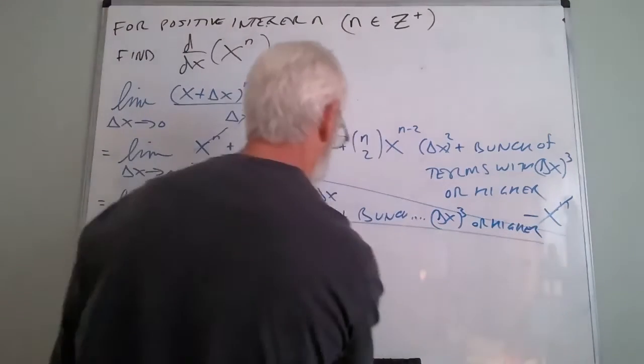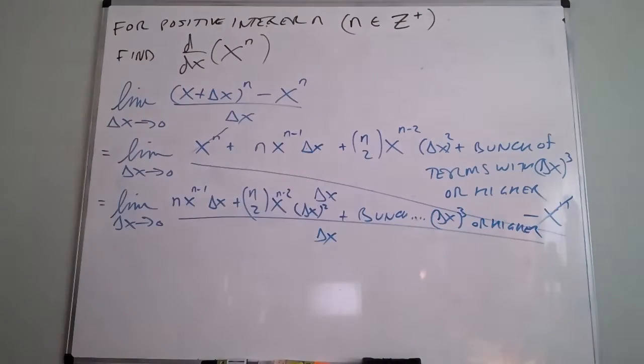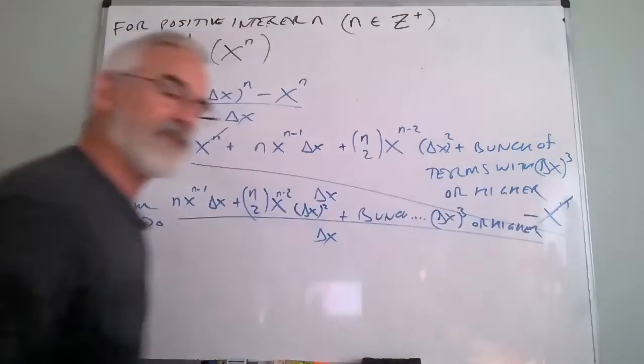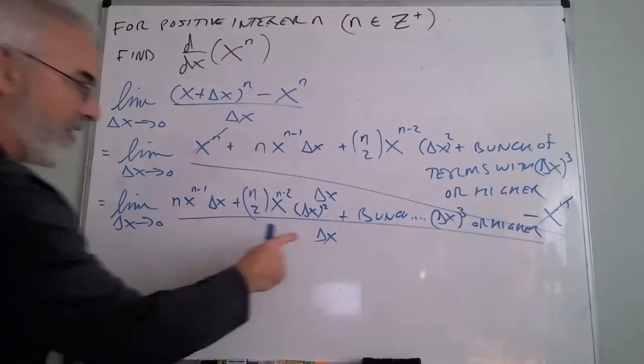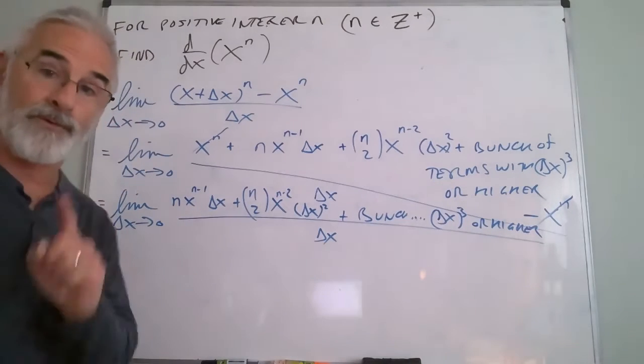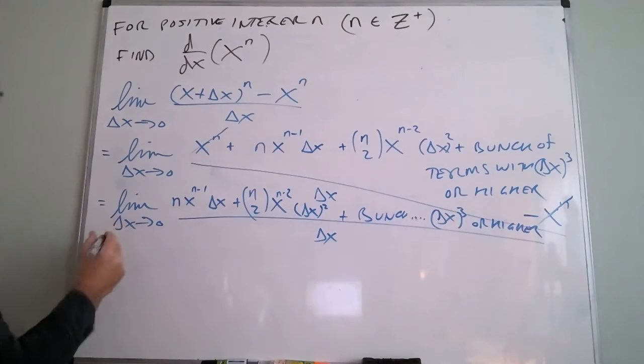All over delta x. So here's what you notice. Every term in the numerator has a delta x: delta x to the first power, delta x to the second, third, fourth, fifth, all the way up to delta x to the nth power. I can now factor and cancel all the delta x's out of every single term, and then I will no longer have a quotient. I will now have,